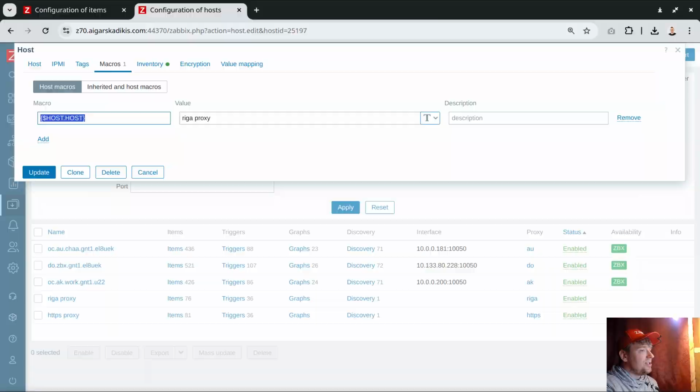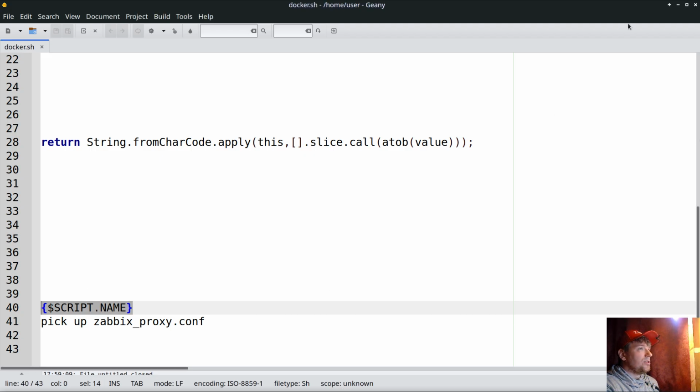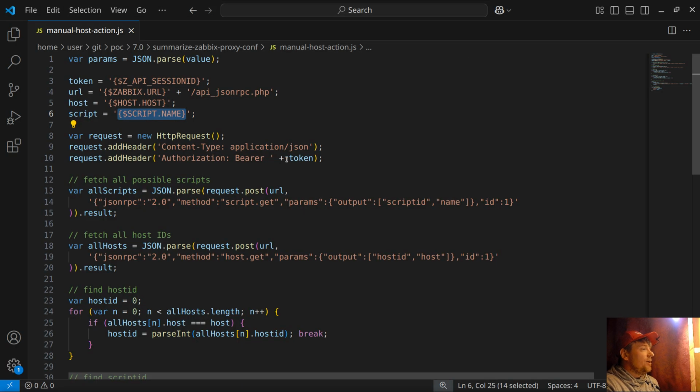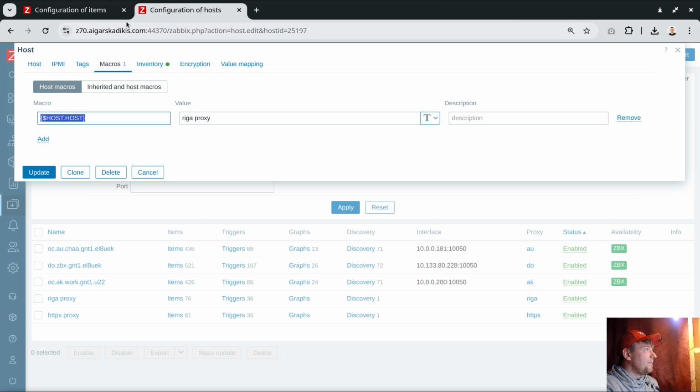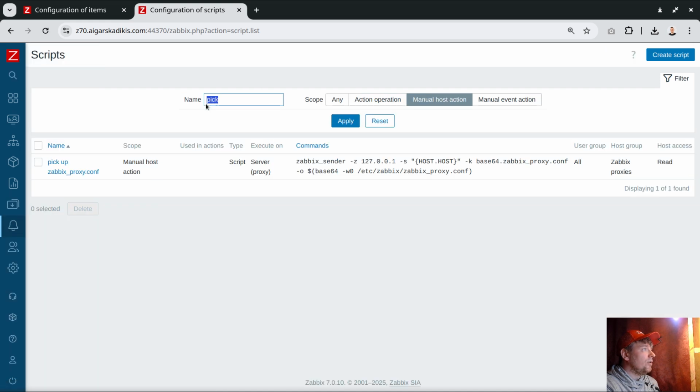So the script needs that as a prerequisite, and then the script name, which will expand to that, like pick up Zabbix proxy.conf. And now we are using the normal HTTP request, feeding the token inside the header. The first query is listing all the scripts the front end owns, script.get. After that, it will look for the script which is matching the name. So listing all scripts is like clicking the reset button here, and then it must read what is the script ID